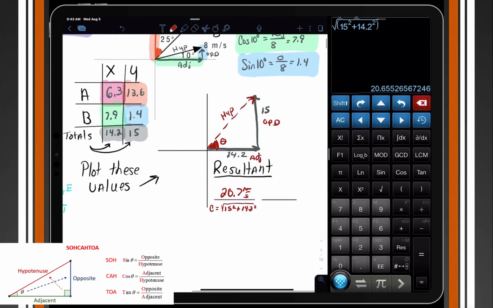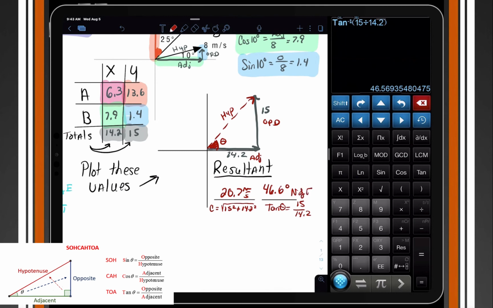And then for the other part, we would have tangent. We have tangent theta equals 15 divided by 14.2. So inverse tangent, because we want the angle, 15 divided by 14.2. Close it up. So that would be 46.6 degrees. And I'm going to put